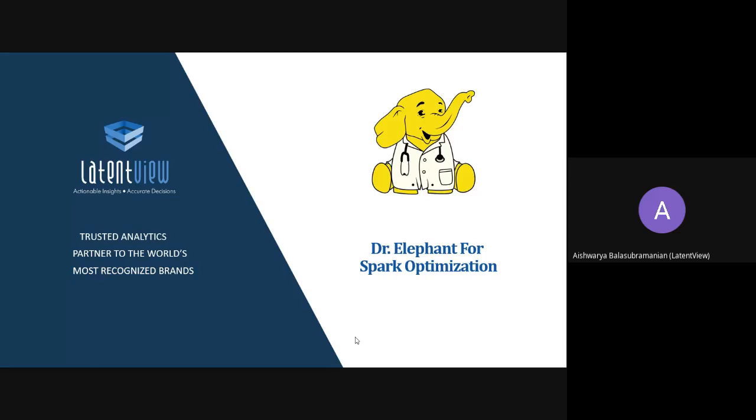Anyone can go understand Spark and write code, but the major issue lies when they actually run the code with the whole set of data. That is the place where the issue comes into the picture. For example, if I am going to write code in Spark, as a developer I will be testing on a very minimal amount of data. The actual issue starts when I run it on a very big data set.